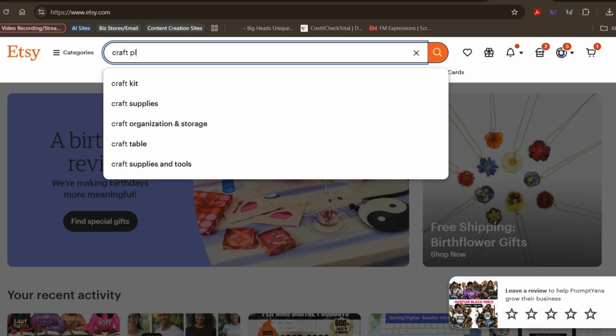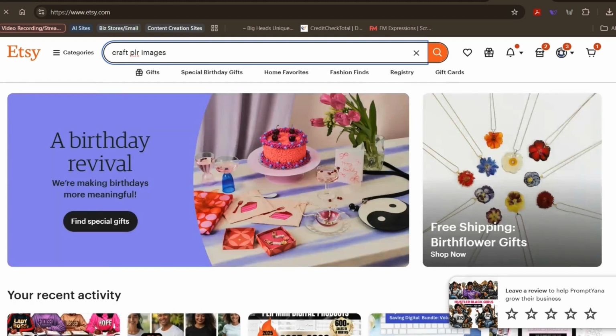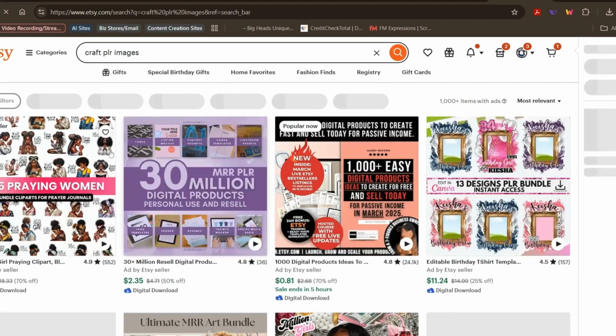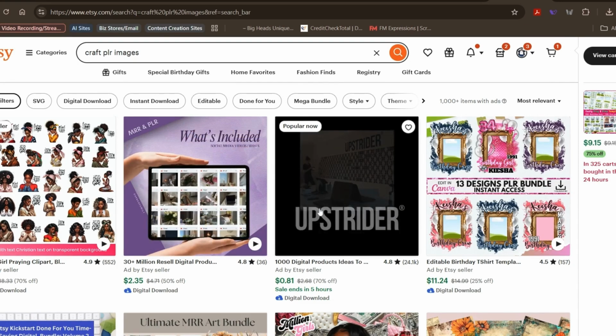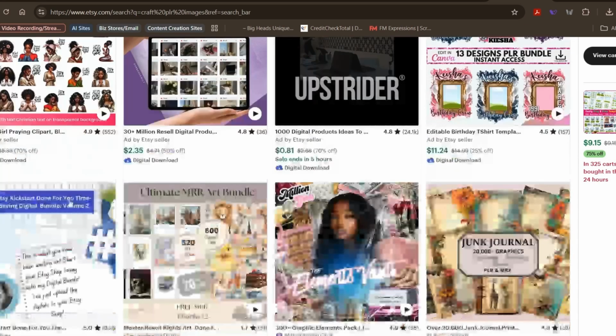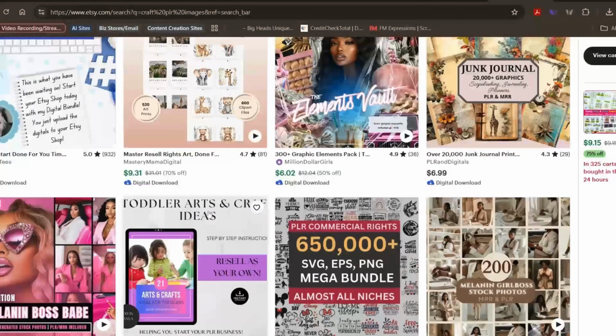You can say craft PLR images. Remember, Etsy is a search engine, so it brings up things that the sellers put in their description. As you can see, I put in craft PLR images, and here we have a lot of things that come up, from the praying hands, you have backgrounds, you have tons of things,